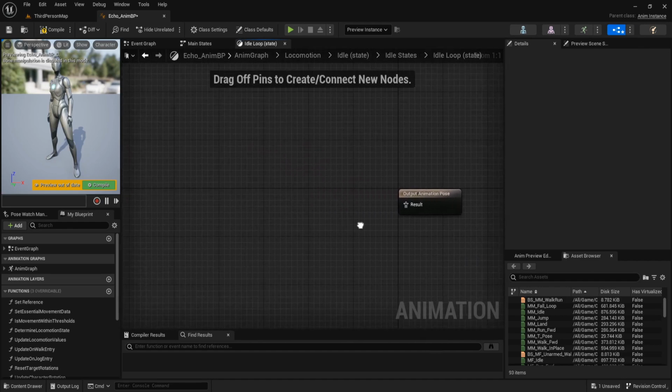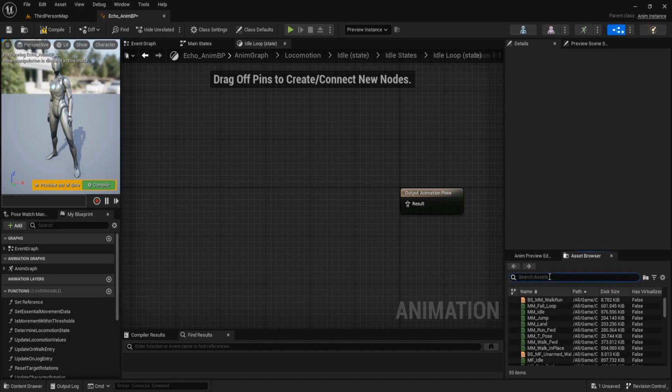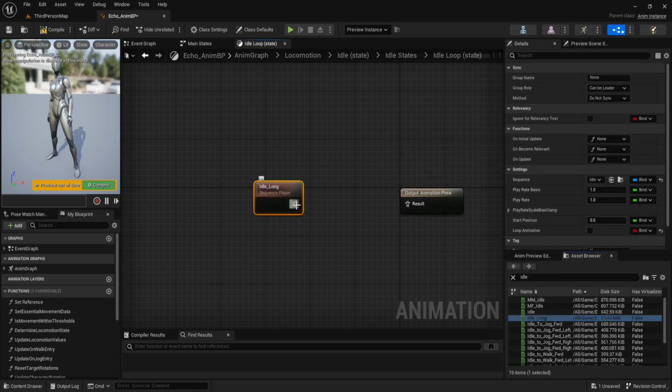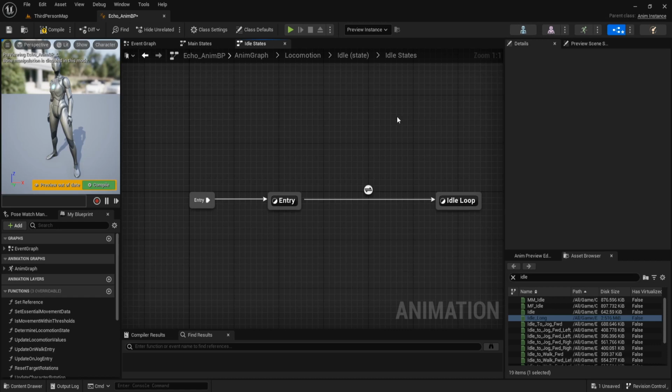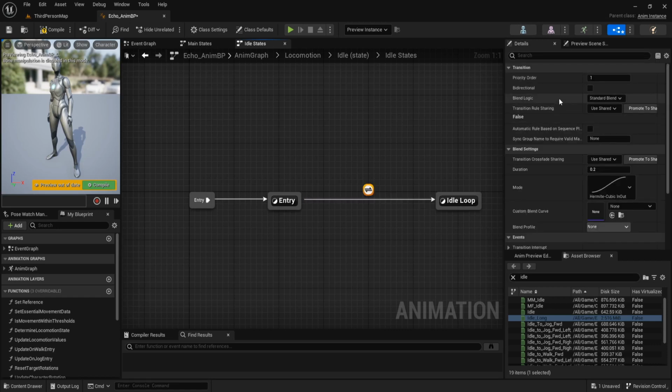This idle loop, we search for idle long. Use this animation, connect to output animation pose. And for the transition, we set the priority to 3. And the duration is 0.